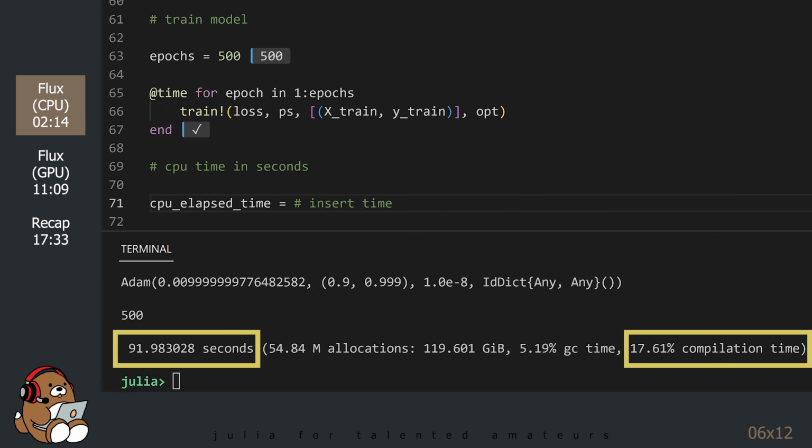For the purpose of this tutorial, we're going to measure the total elapsed time, and we're going to calculate the compilation time. Using those two figures, we're going to estimate the CPU runtime. There's probably something else in the runtime that we estimate, but this estimate should be good enough for our purposes.